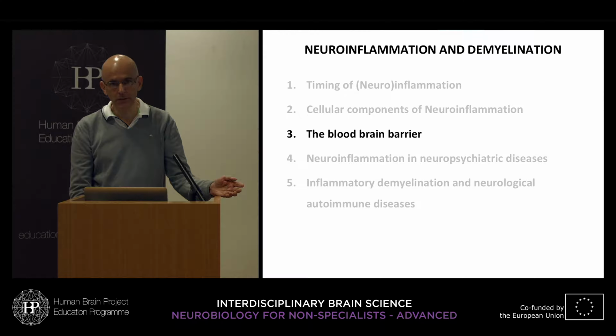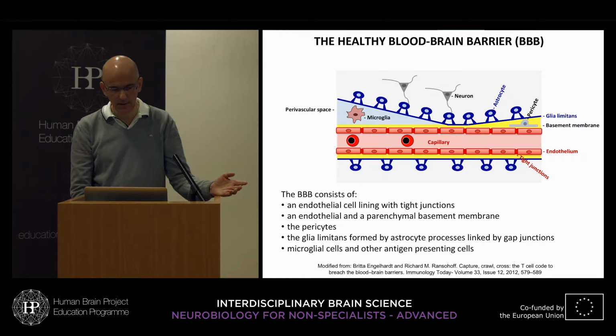After having talked about the cellular components of neuroinflammation, I would like to go to the blood-brain barrier in the next step, which is the most important barrier between the peripheral system and the brain or the nervous system. And there's a schematic view how it looks like in vertebrates. You have a capillary with immune cells in there, and then a layer of endothelial cells which are connected by